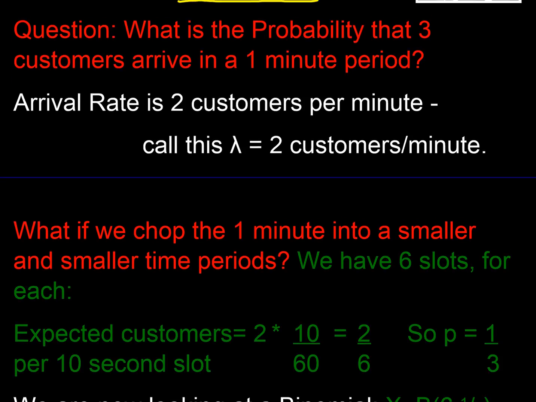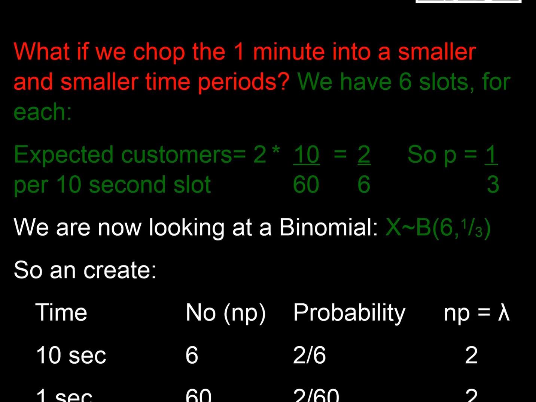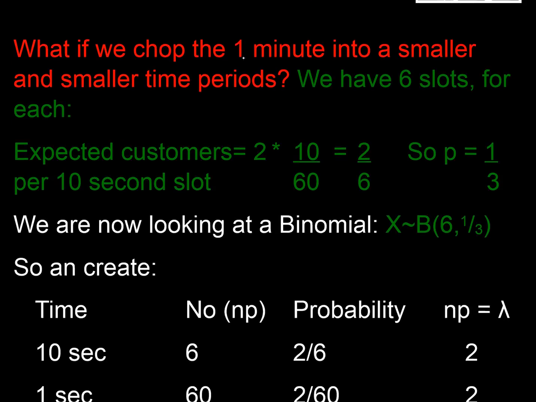So in what we've just seen above, 120 customers arrive in an hour, so that's 2 customers per minute, and we're going to call that lambda. That's our 2 customers per minute. And what we looked at doing in the previous example was chopping up the period into smaller and smaller slots. So if we start with our minute and we chop it into 10-second slots,